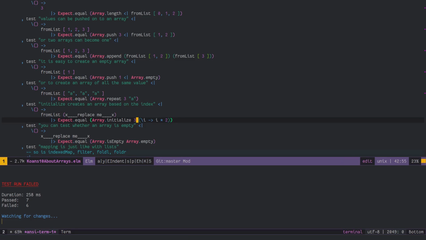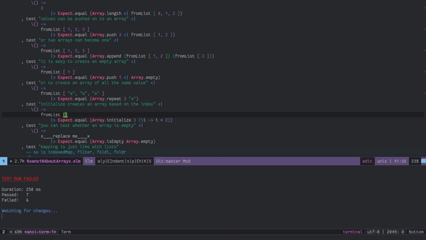Initialize 3. So initialize creates an array based on the index. So initialize takes a single integer and then a function. So this function will just multiply this number by 2, and it will return a list. So this is 3 times,